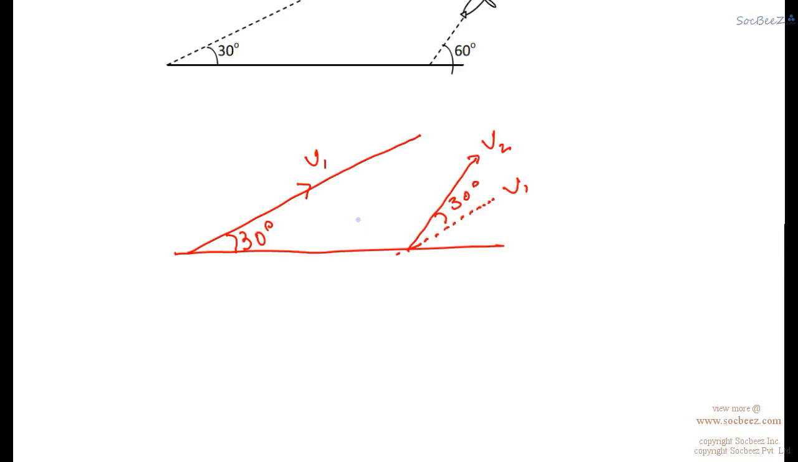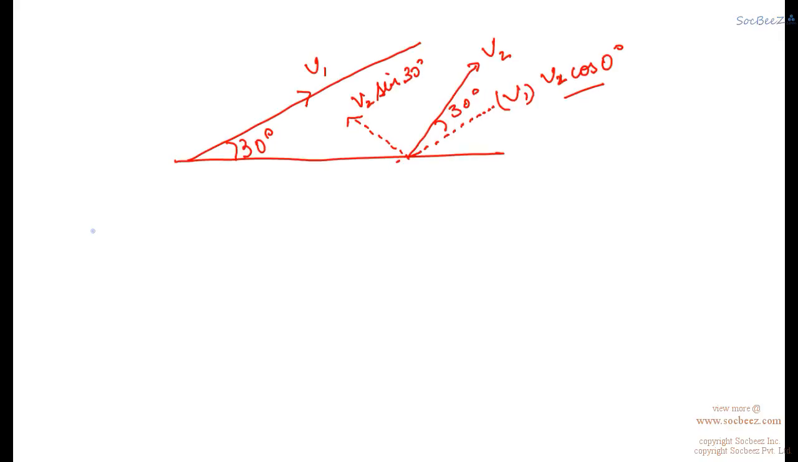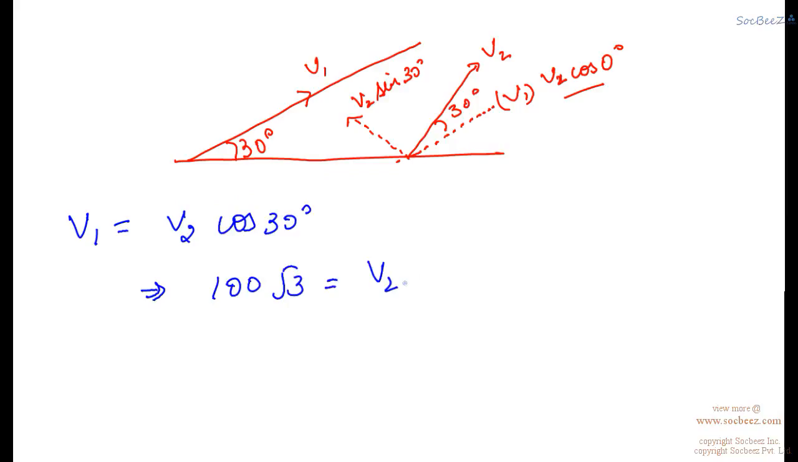This is 30 degrees, okay, and the perpendicular direction is this, which is V2 sine 30, and this is V2 cos 30 degrees. Well, from this diagram we can easily see that V1 equals V2 cos 30 degrees. So from here 100 root 3 equals V2 into root 3 upon 2, which gives us V2 equals 200 meter